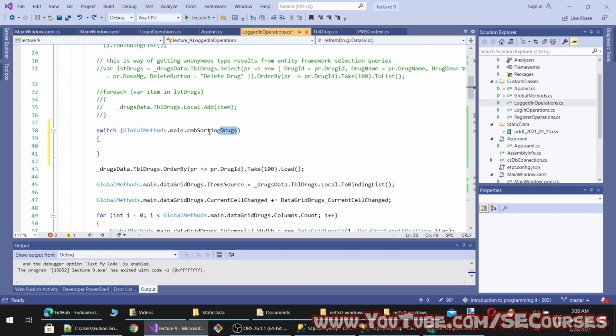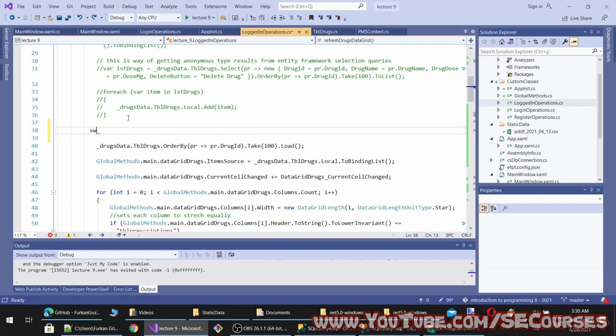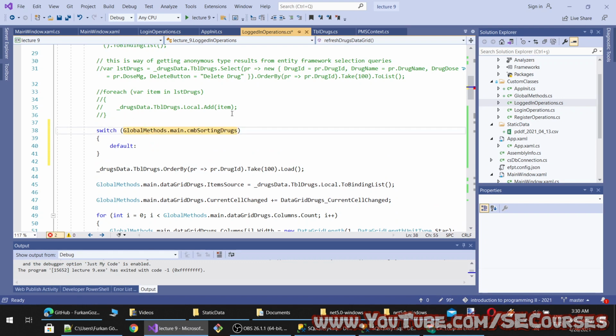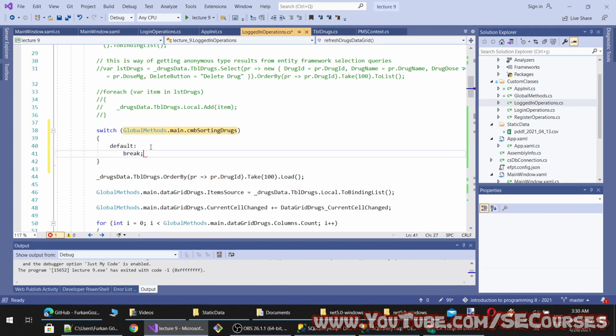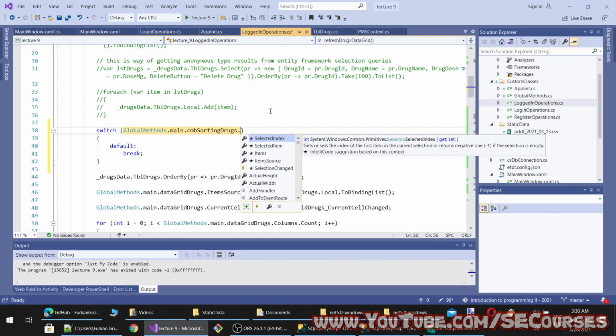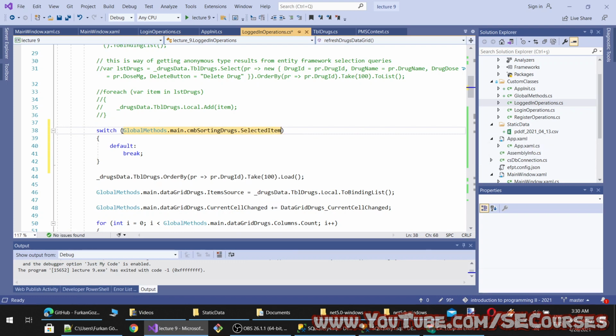Let's try to generate it with switch autocomplete. No, didn't work. Okay, so which cases we have here? Actually, I need to use selected item, and yeah, now it should work automatically.